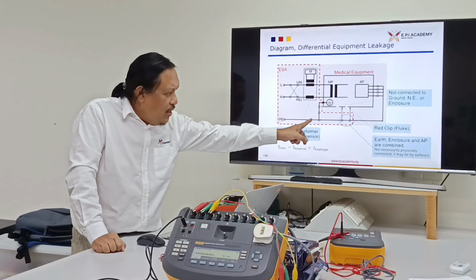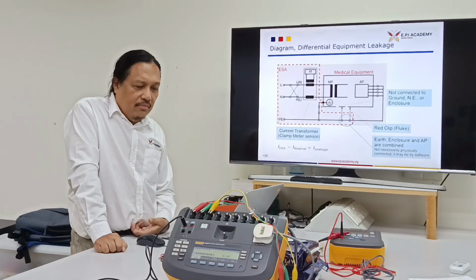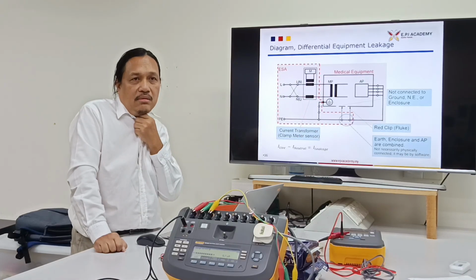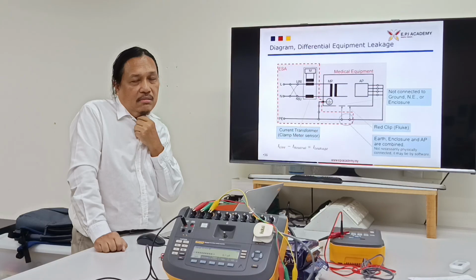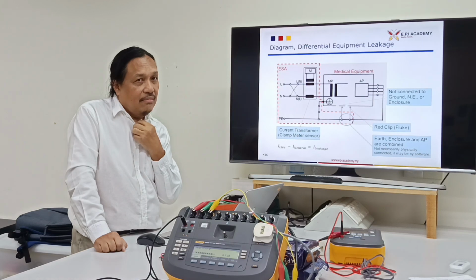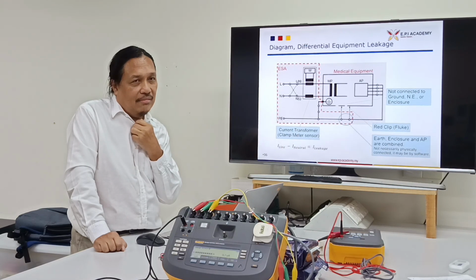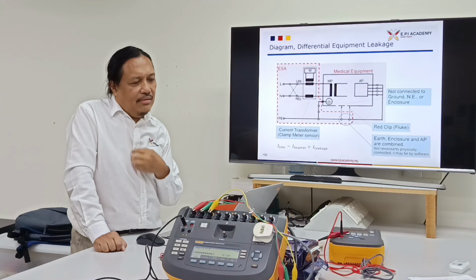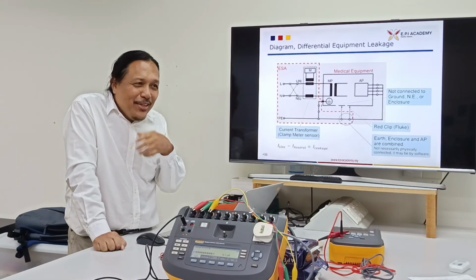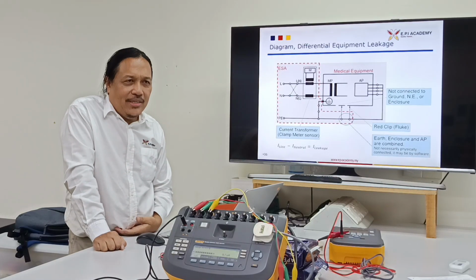Differential. Where is the measuring device here? It's not needed, because this is the differential method. This is the measuring device. What is this? They didn't explain to you what it is. Differential method. The difference between output and input. Where is the output? You said input. Where is the input? Where is the output?